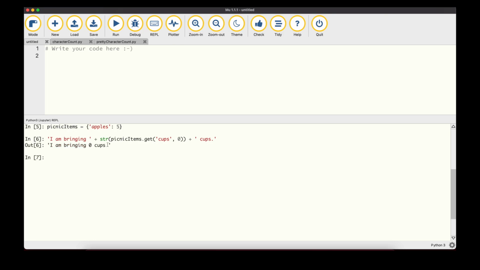So as we run that, we get back 0 cups rather than an error message. So the get method can be really useful. Now, quite often we may check for a certain key, and if that key does not exist, we want to